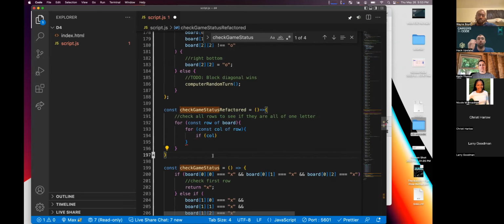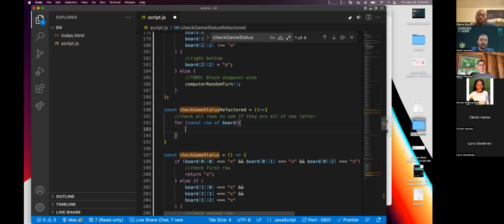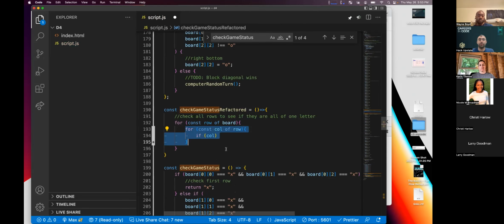So we are going to say we need to compare whatever. I just thought of another way to do it. Go through each row, and if the row is... that's not going to work either. Okay, try that. Go back to what we had for const col of row. You guys may not want to follow along, so we get it working, and then we can catch up from there.